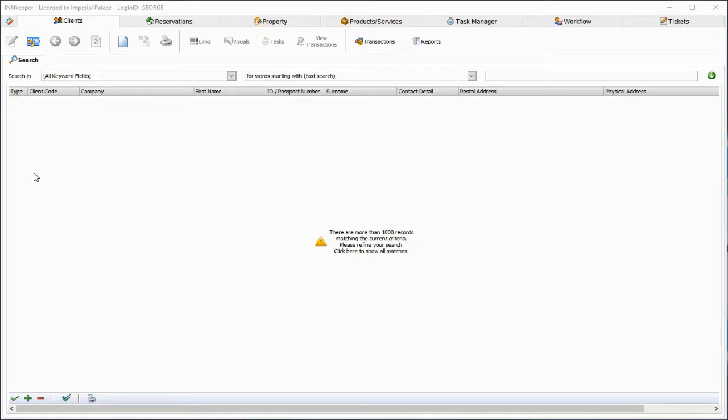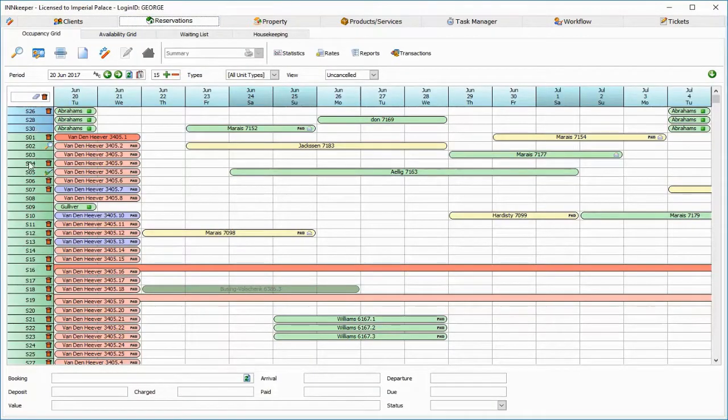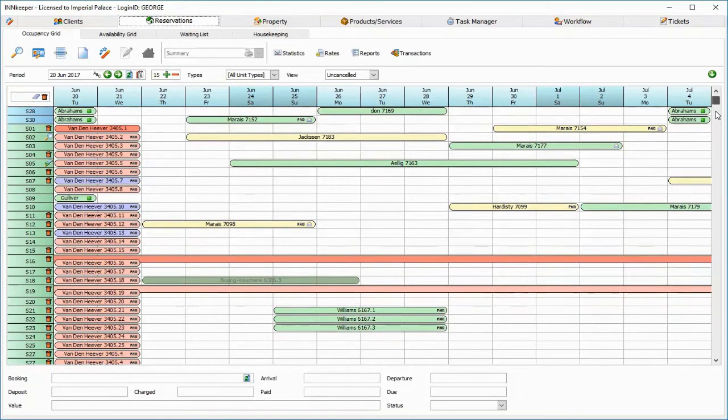To make a tour operator booking, you need to log in, which will bring us to the client screen. Go to the reservations grid, where you will see the rooms on the left and the dates on top. You want to provide a set of rooms to a tour operator, and in this case, you have an option